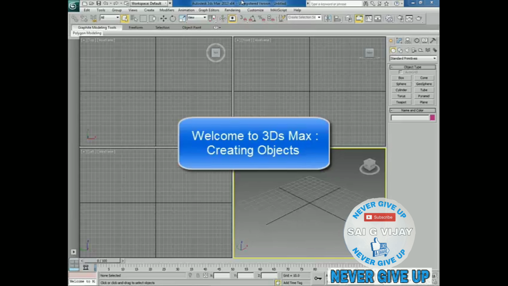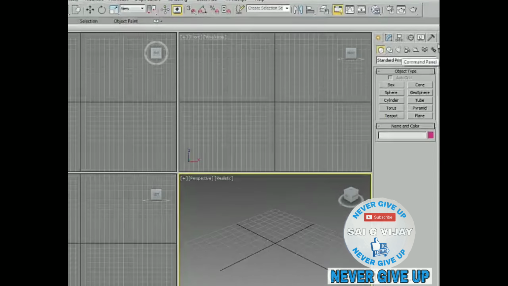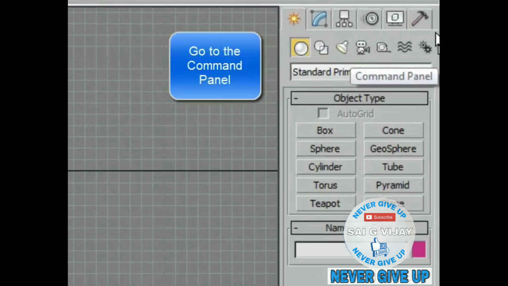Welcome friends. In this tutorial, we will be learning about how to create some primitive objects in 3ds Max. It is a very important and core feature of 3ds Max to create some very primitive objects very easily. Now, to do that, go to this command panel, which is at the right hand side,